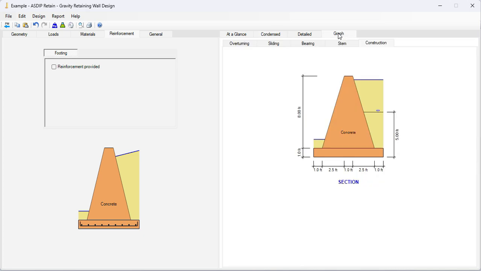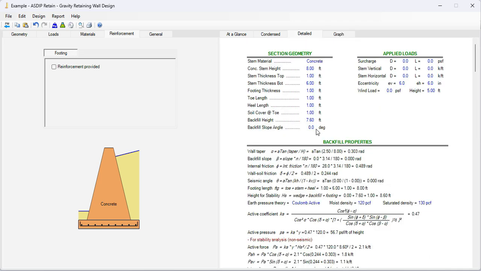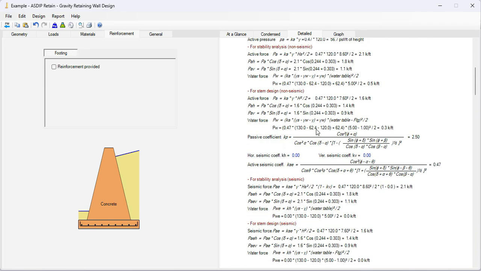We can see that, for example, if we go to the graph tab, the stem tab, the program shows the moment diagram and the shear diagram. The blue area represents the structural capacity, and the red lines are the actual bending moments and shear forces at the wall. If we go to the detail tab, here we can see a more detailed set of calculations, step by step, with exposed formulas,